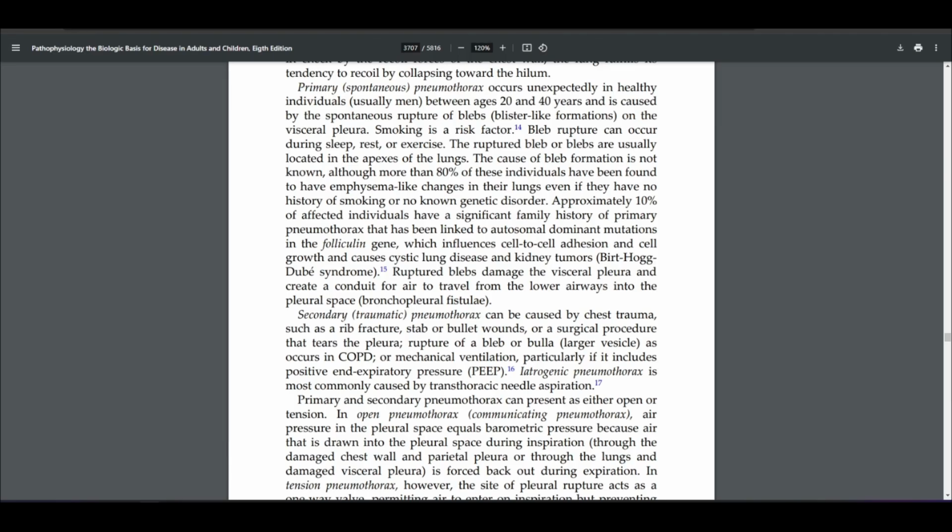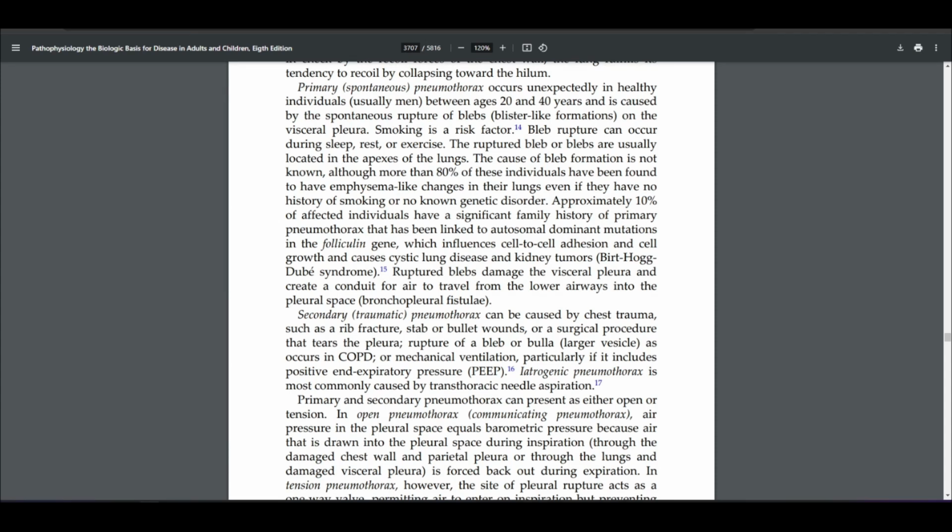The ruptured bleb or blebs are usually located in the apex of the lungs, the very top. The cause of bleb formation is not known, although more than 80% of these individuals have been found to have an emphysema-like change in the lungs, even if they have no history of smoking or no known genetic disorder. About 10% of affected